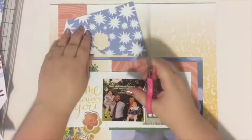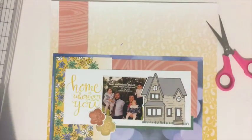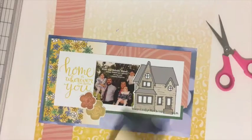When you live in one place and that's the one place where you've always lived, that is your home. But when you move a lot, like our family did, it's different. Home means something completely different. And when I saw this journaling card, home is wherever I'm with you, it reminded me of the fact that,